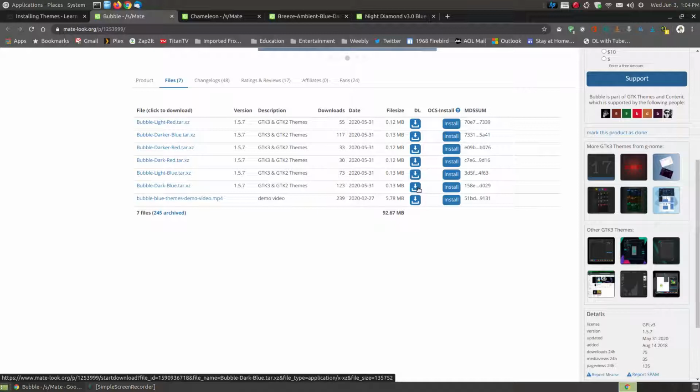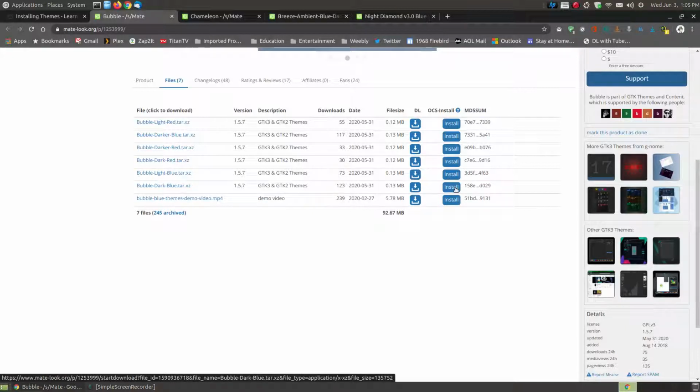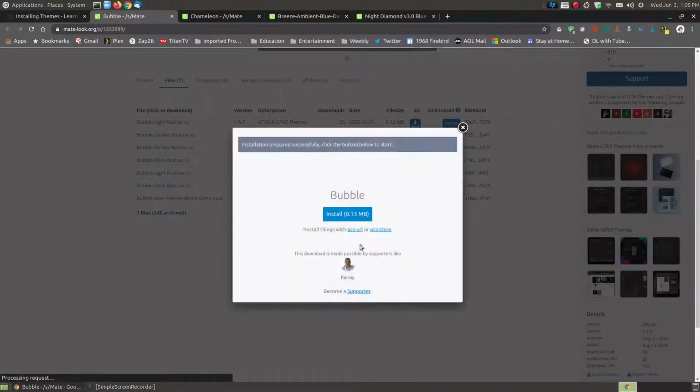So if you want to manually install this, and I'll show you how to manually install in a future video, you'd click the download button, which would download this tar.xz file, which you have to uncompress and move into your themes folder. With the OCS-URL application program, all you have to do is click the install button, and in a few moments it will come up saying to install. You just click this, and this is going to actually bring up the